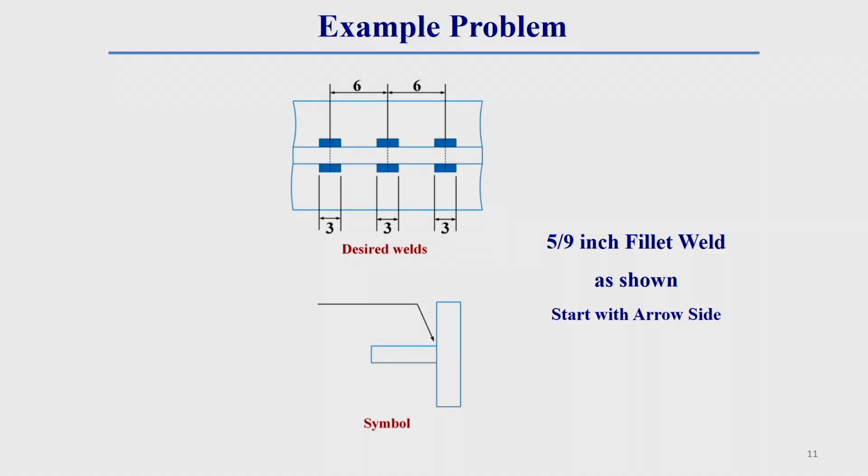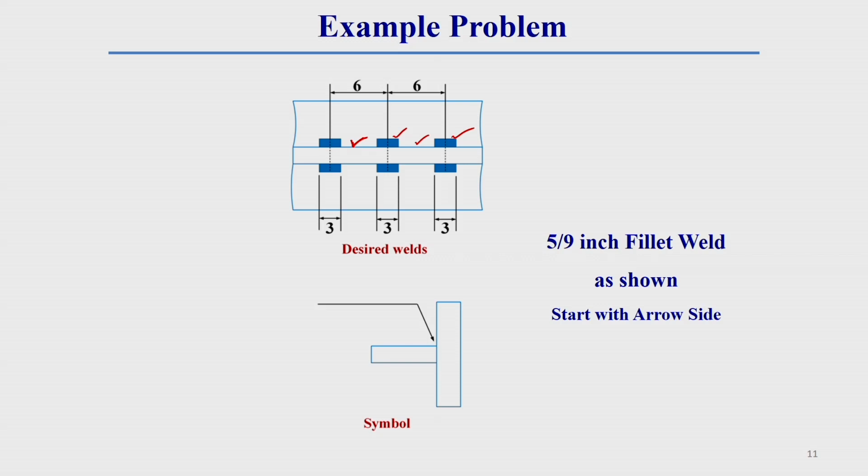Let us say this is an example of a welding operation, where some sort of welding we have done. After that we provide some gap, and after that again some welding is done, after that again some space we kept, and again some other welding is done. This type of welding is termed intermittent welding, meaning it is not continuous welding. If there is no gap between two welds, it is called a continuous weld. But here a gap is provided between two welds. This type of welding is called intermittent welding.